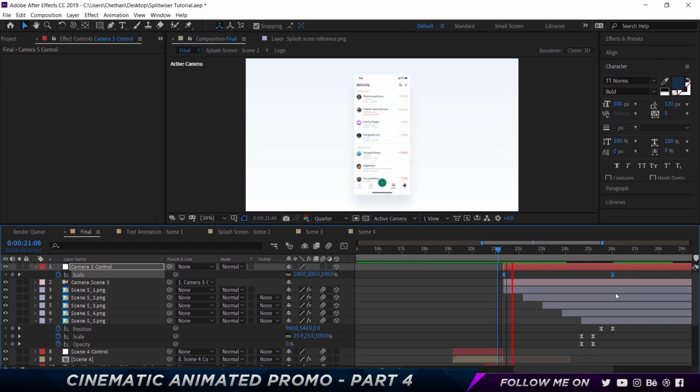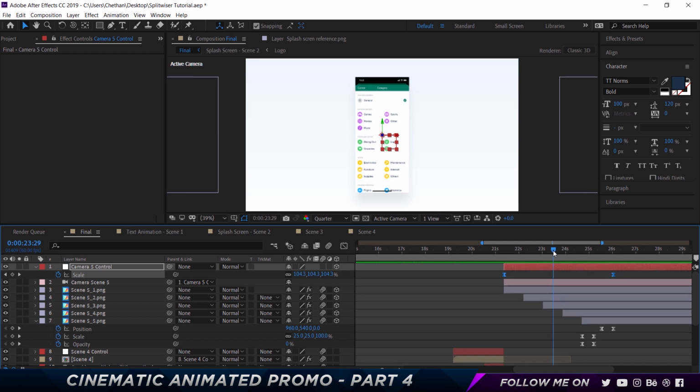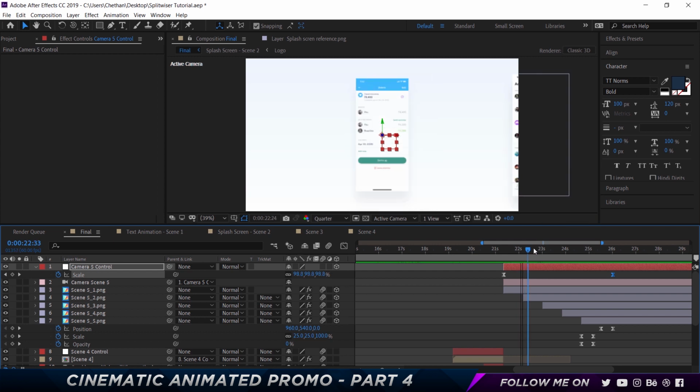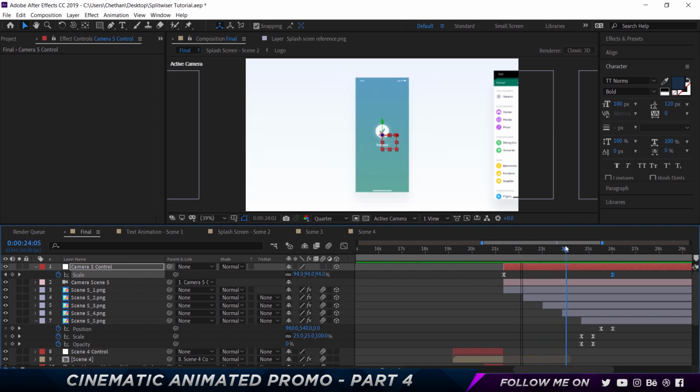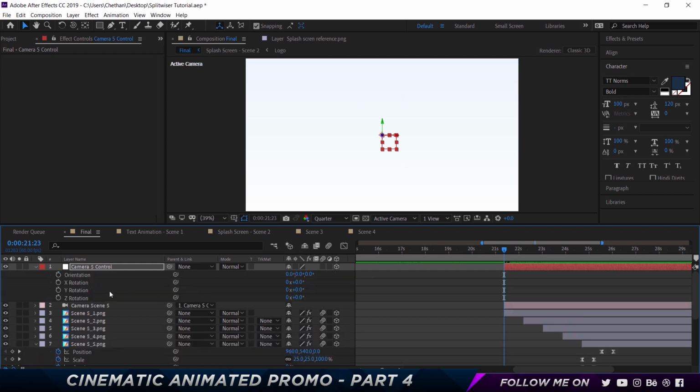So if we play this, you can see that it's actually moving backwards. So I'm not sure why, but let's set this from 110 to 90, and that should make it grow, right? So now it's growing. That's pretty cool. Great. The next thing I want to do is press R on the keyboard to get the rotation,